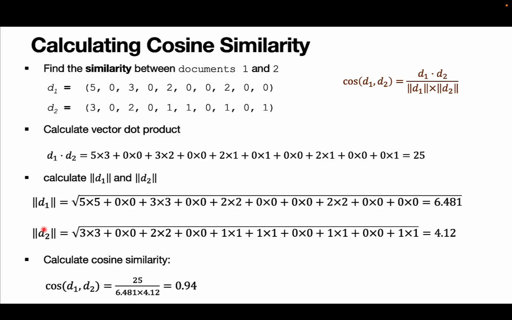Overall, the cosine similarity is a similarity measure, not a distance. So it's going to tell us how two documents are alike. And in this example, the cosine similarity between D1 and D2 is 0.94, which means these two documents are very similar. The value of this measure lies between -1 and 1, with -1 the most dissimilar and